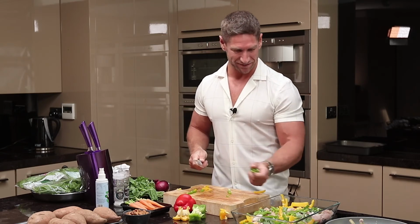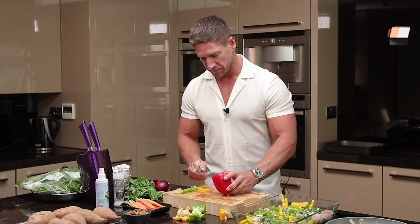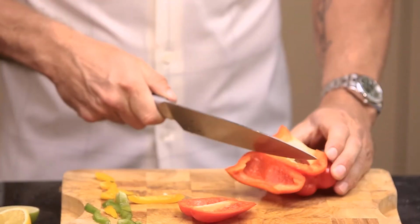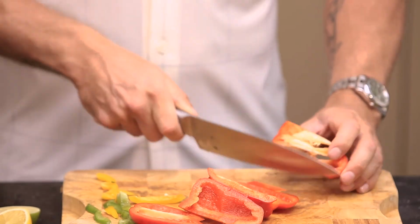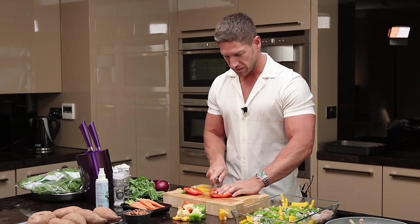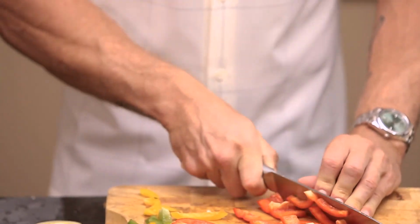So just going to dice these, there we go. So the last pepper going in is the red. Exactly the same, chop down the sides again, bypass all the seeds, stay out of the way seeds. Mission completed. There we go, and again, I'm gonna do these ones a little bit different, just to mix it up. There we go,